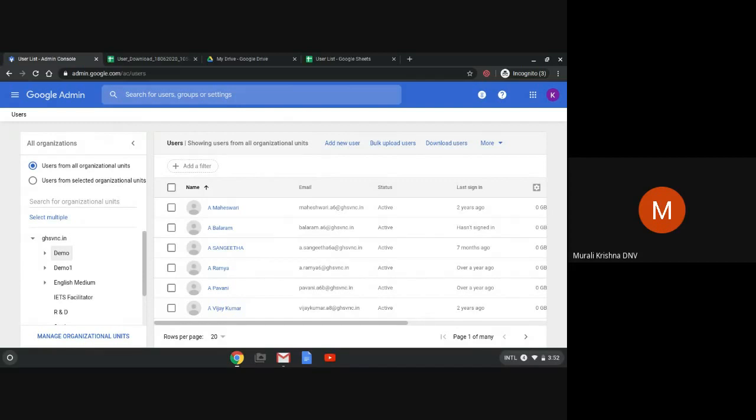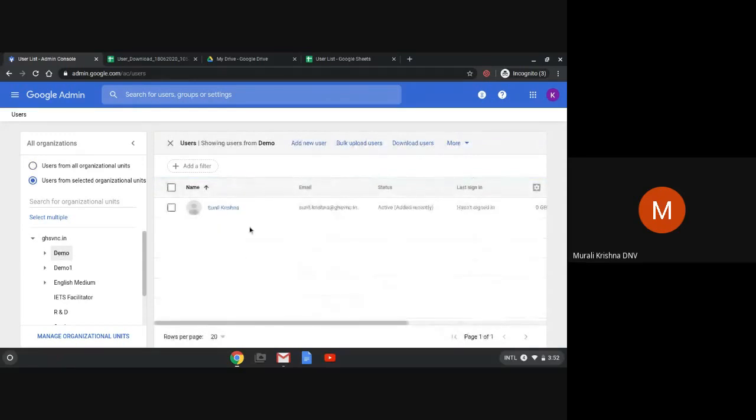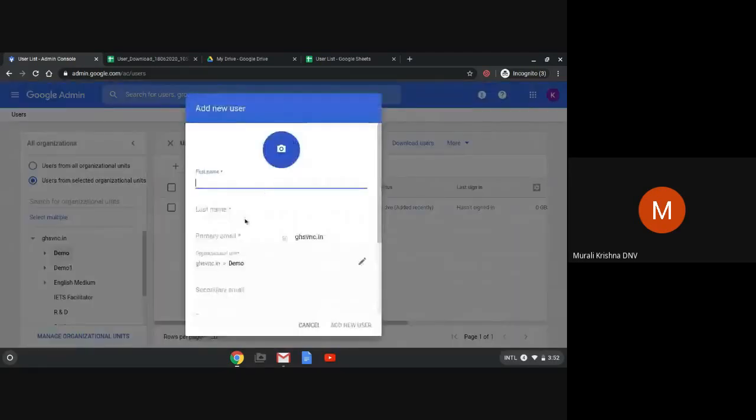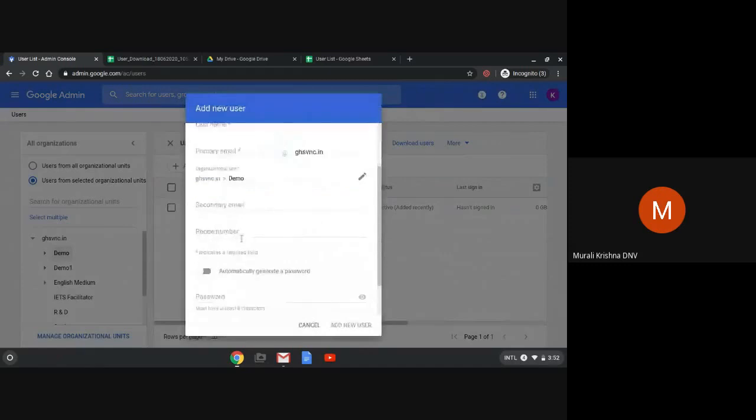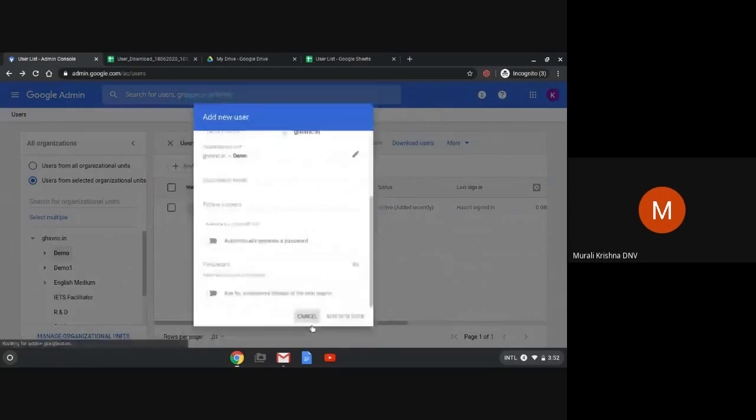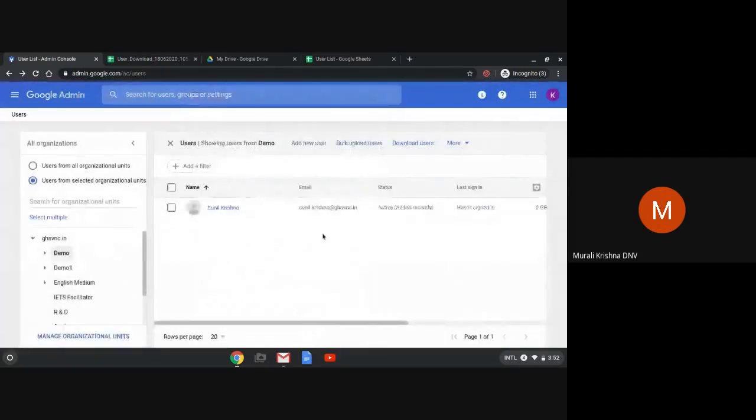For this, click on the OU and create a single user by using Add new user. Give the first name, last name, email ID, and the password, and create a user. Once you've done this, I'm going to do the bulk load activity. For that, I'm creating a mail ID under this OU.